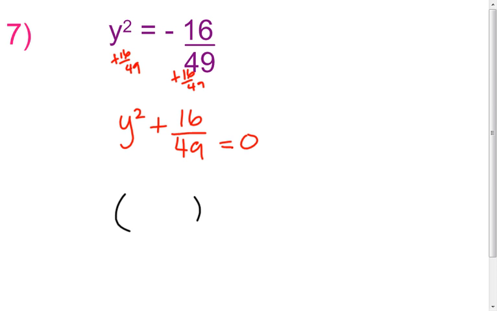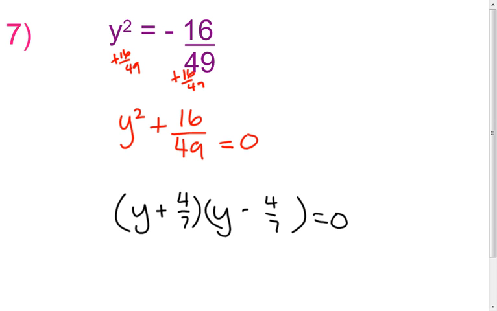A super common mistake that people will make on this one is they'll go y and y. Don't freak out about a fraction. 16 is 4 squared and 49 is 7 squared. So if you think about the top and the bottom separately, this is just 4 sevenths and 4 sevenths. And then people go, oh, this is a difference of squares, so I'll go 1 plus, 1 minus, and life's good. That does give me y squared plus 0y,